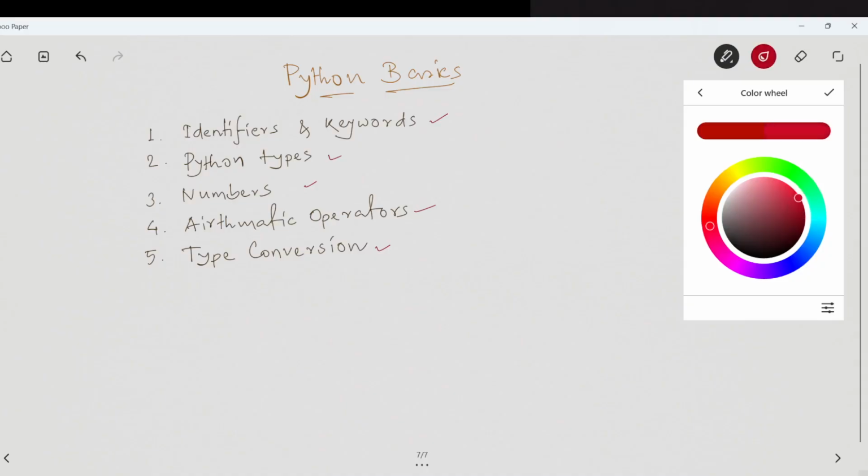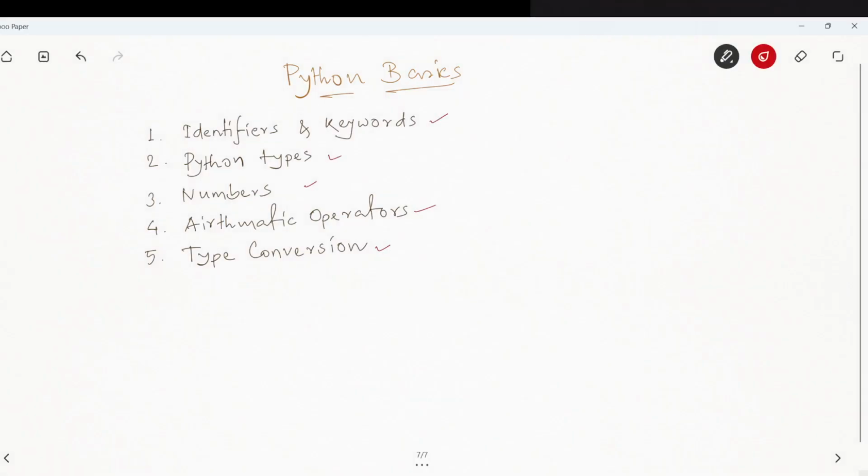First of all, what is an identifier? The first topic we are going to discuss here is identifiers. So, what are identifiers? People generally take an identifier as a variable, right? All the variables that we are providing, they are calling variables an identifier. But it is not only restricted to variables, also all the function names,